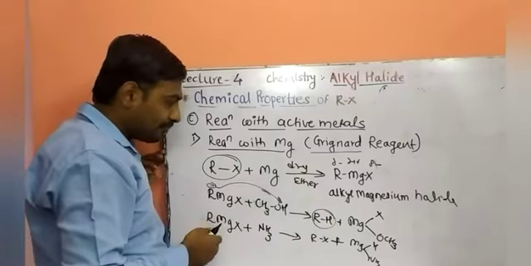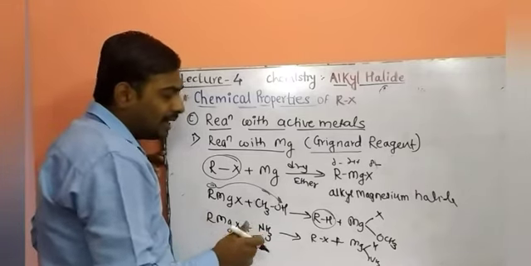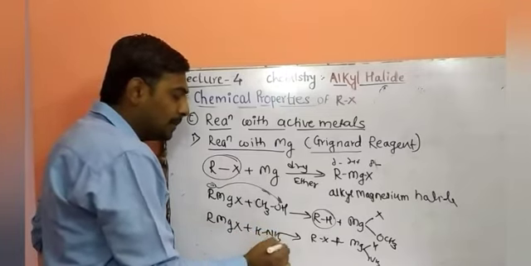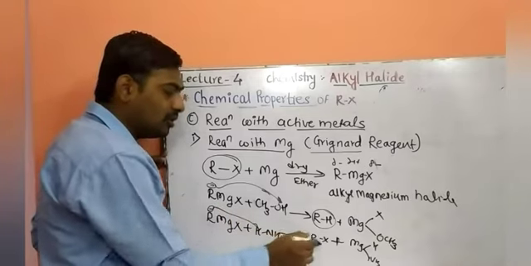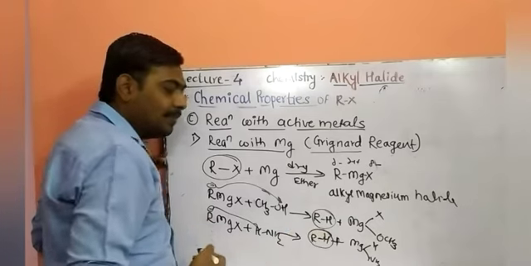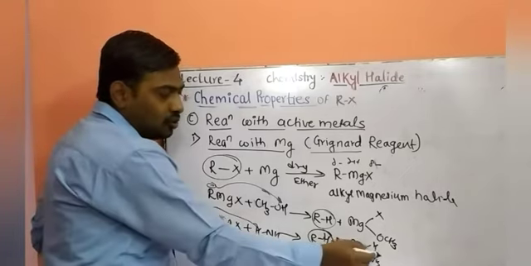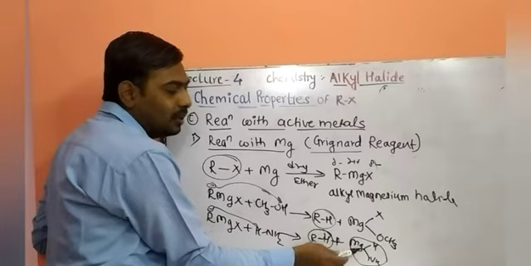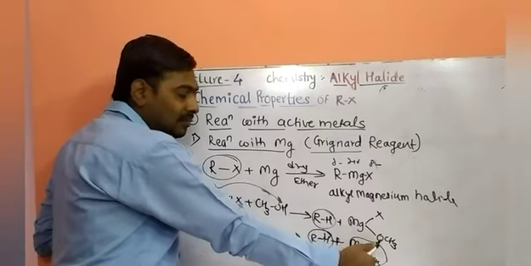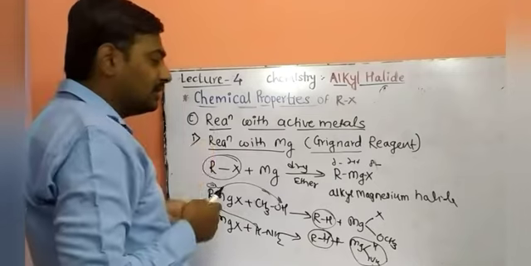Second reaction, RMgX, that is alkyl magnesium halide, reacted with ammonia. Again it abstracts the proton from ammonia. What is the bifurcation of ammonia? Ammonia is H and NH2. So R minus abstracts the proton. There will be formation of RH as a product and MgX and NH2 as a byproduct. Because magnesium is divalent, it has two valencies. X minus contributes minus 1 charge, OCH3 carries minus 1 charge, hydrogen carries 1 charge and ammonia carries 1 charge in the reaction.